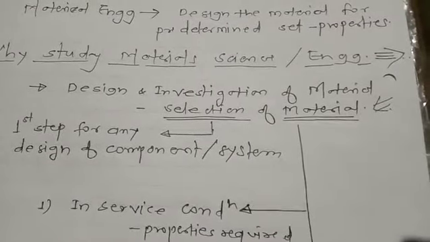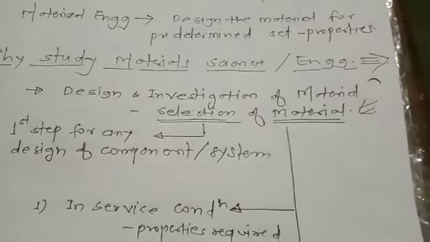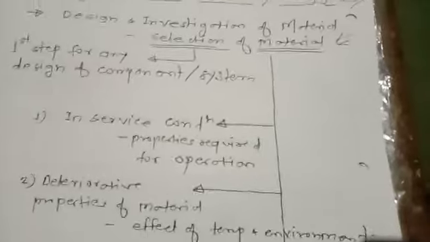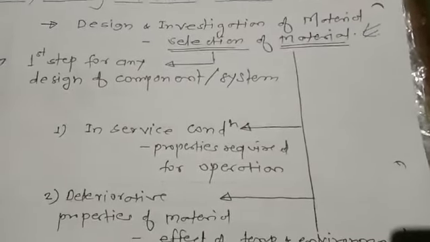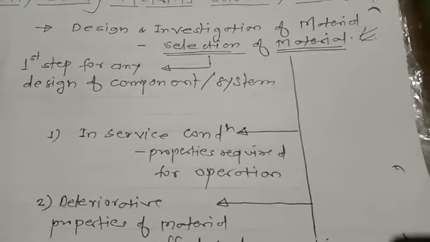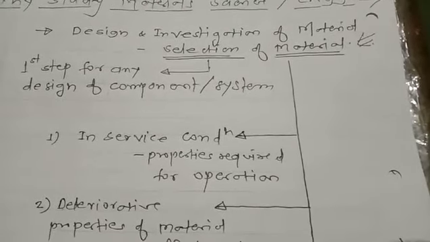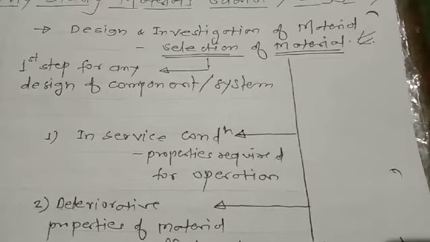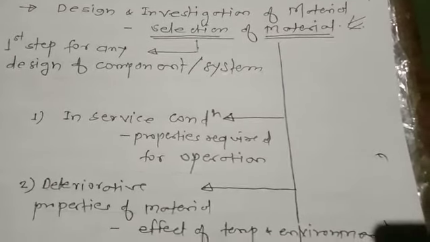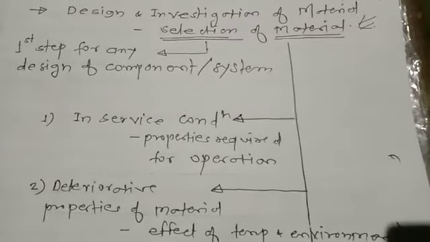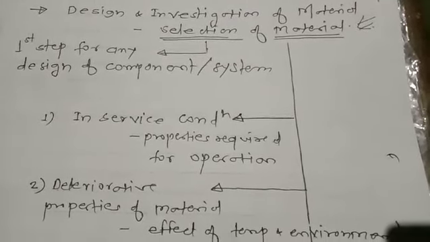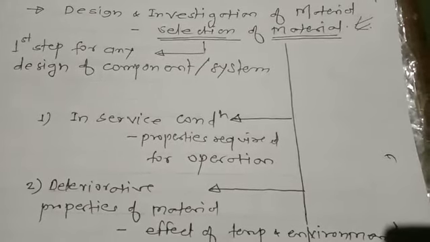If you want to develop different things, how is the material selected? One is considering the service condition, what properties are required for the application, then what the field variables are, right? What the temperatures are, how the environment of that particular application is, that will be considered, and at the end the cost of the particular product, right? That cost you have to take into consideration, right?